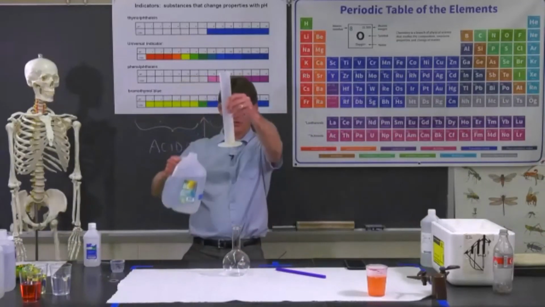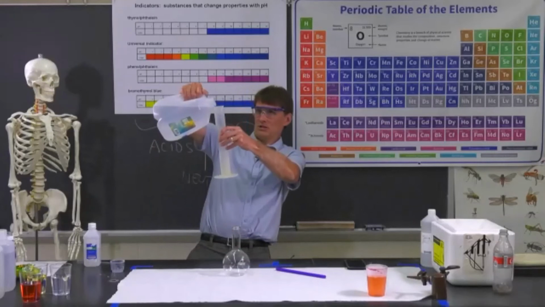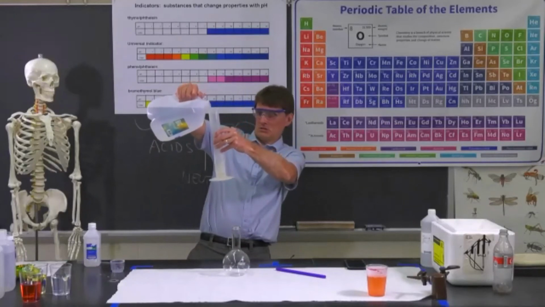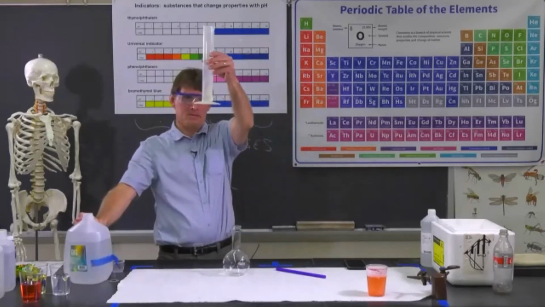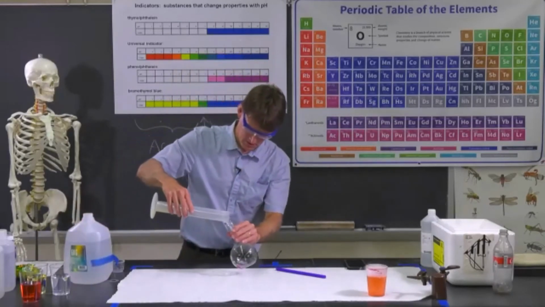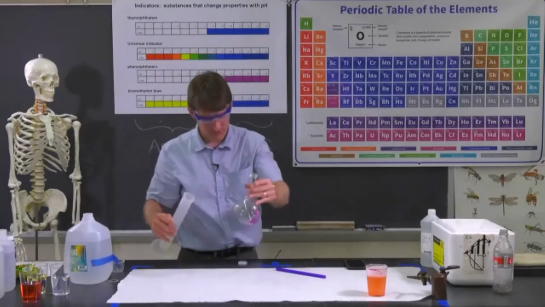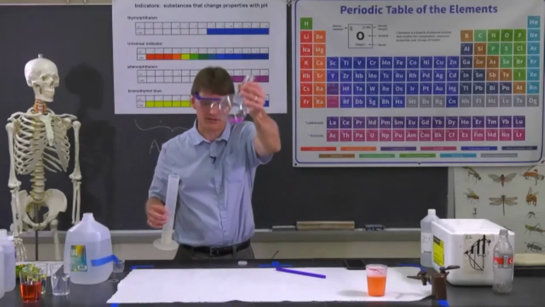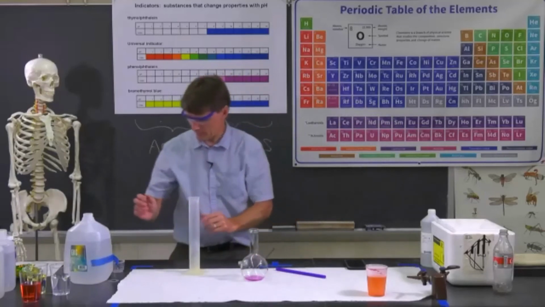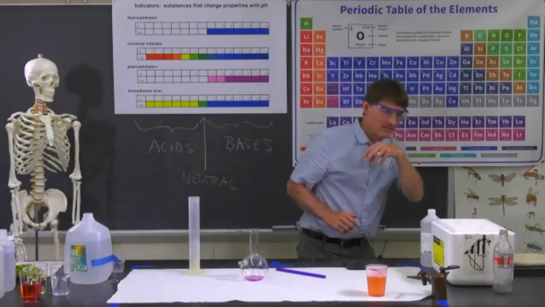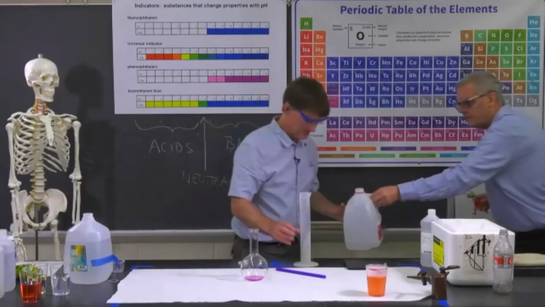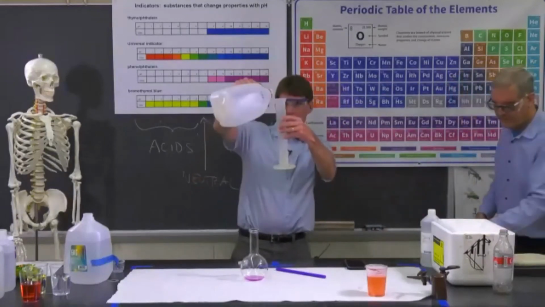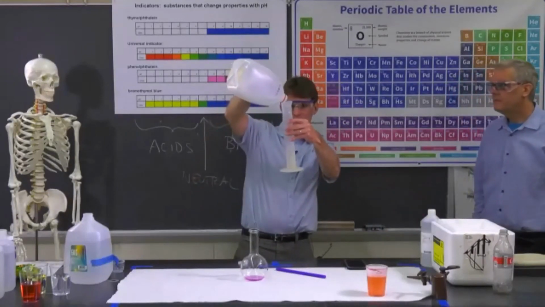Now we're going to get 25 mils of our base. Yep. Here we go. Oh, look at that. There's a little bit of residual phenolphthalein in there. Yep. And then we're going to add my water. Okay. Thank you. I'm going to add 100 mils of water. And this time, when we do the experiment,